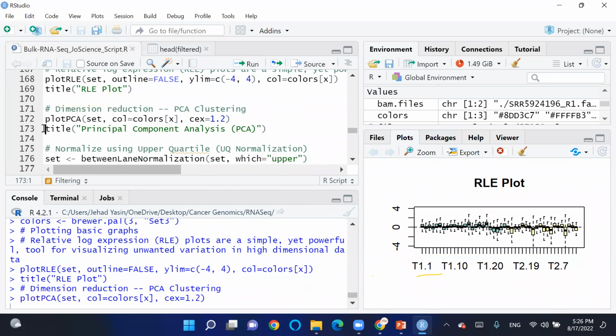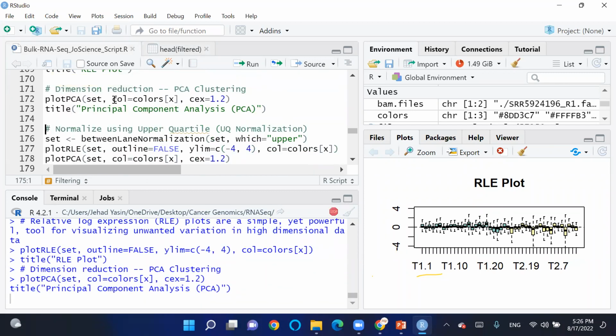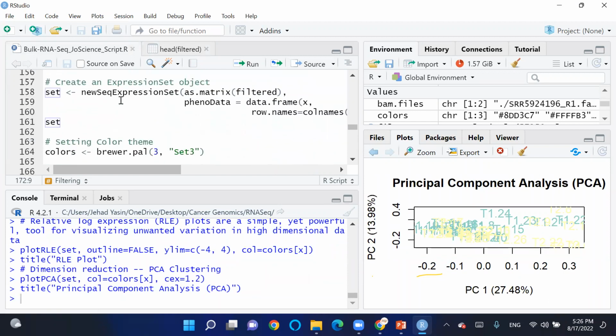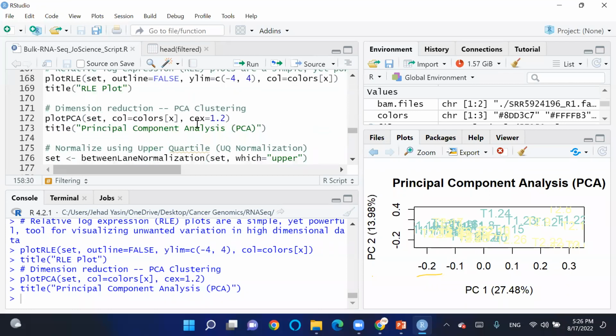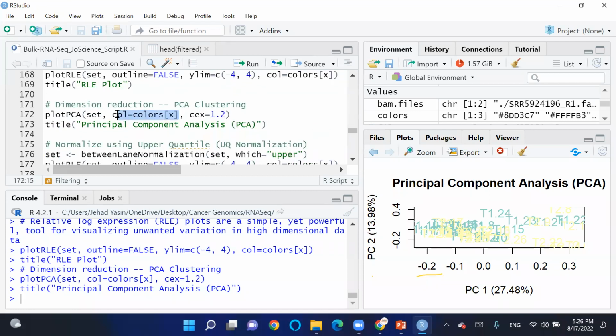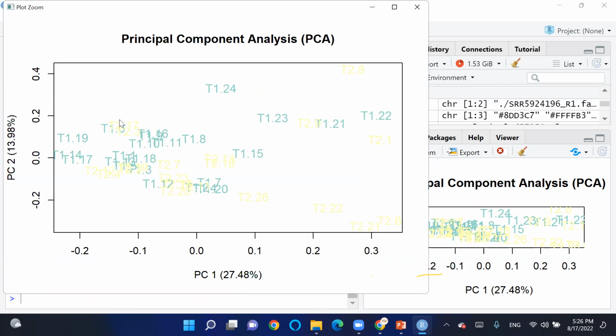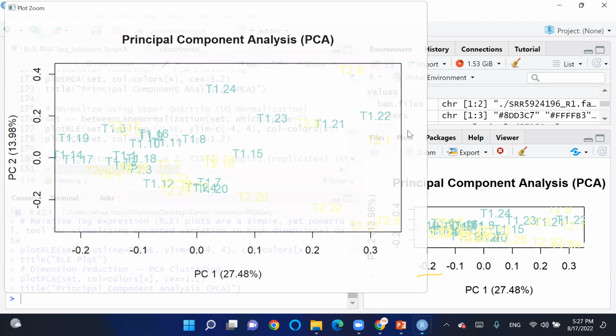So if we plot it here, we will specify the set that we are using, our object that we have created. We have also specified the color scheme and the size of the points, and so on. As you can see here, we have clustered our samples or replicates, from both samples, stage 1 and stage 2, according to their gene expression profile by using only 2 dimensions and not 37,000 dimensions. So yeah, however,